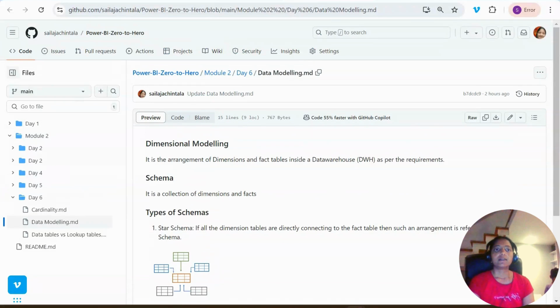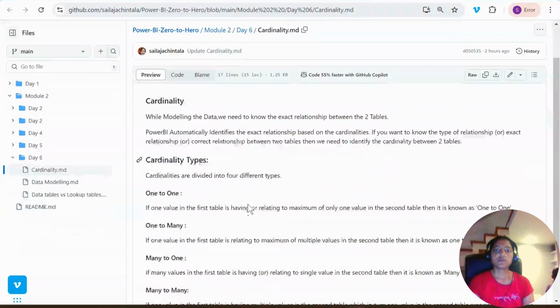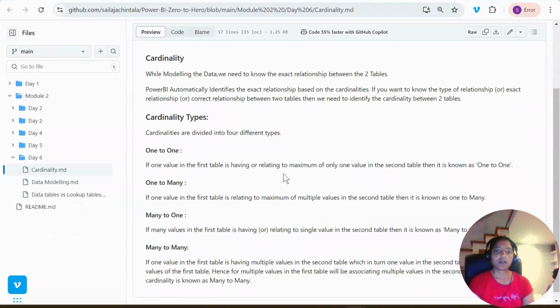All right. Now, okay. So this is all about the cardinality. So I've given a lot of explanation and some description so that it would be helpful. But on a very high level, let me just try to explain it to you. Cardinality is quite important because only through the cardinality can Power BI understand what type of relationship both the tables have, and based on which the results are populated